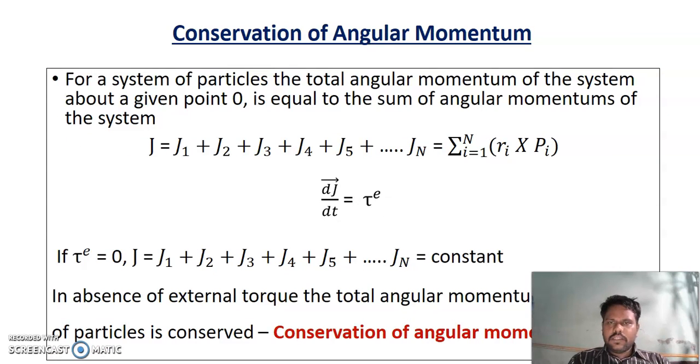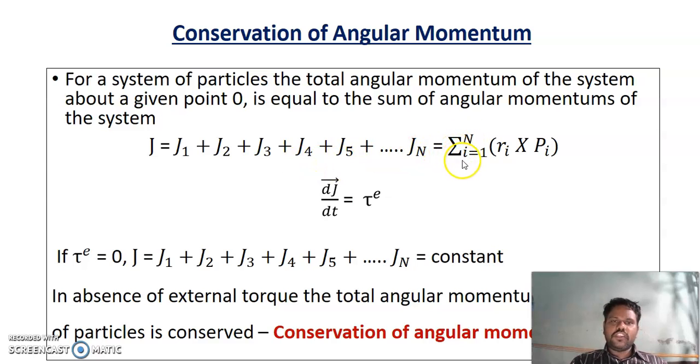For an object having rotational motion, we have conservation of angular momentum. For a system of particles, the total angular momentum of a system about a given point O is equal to the sum of the angular momentum of this system. If J is the total angular momentum and J1, J2, J3, J4, J5 up to Jn are the individual angular momentum, then the total angular momentum is equal to the sum of the angular momentum of its components,